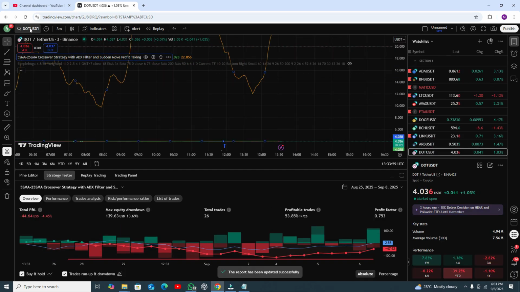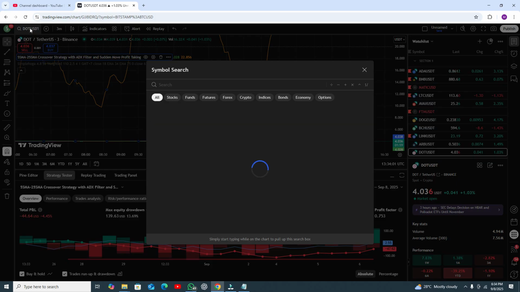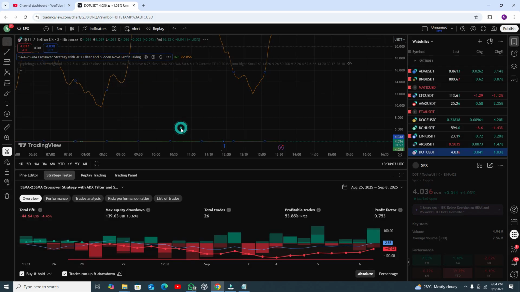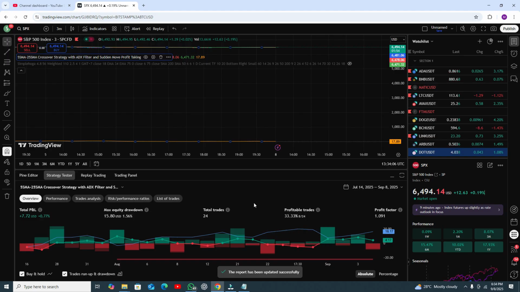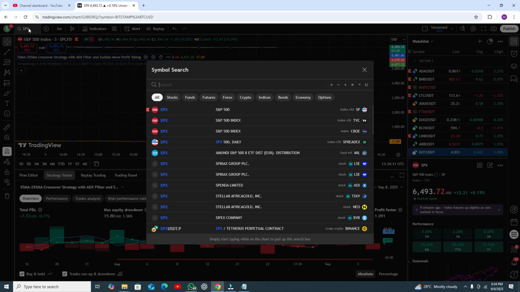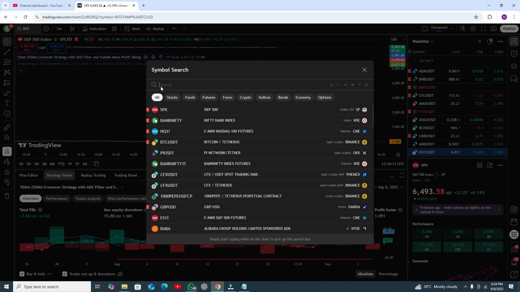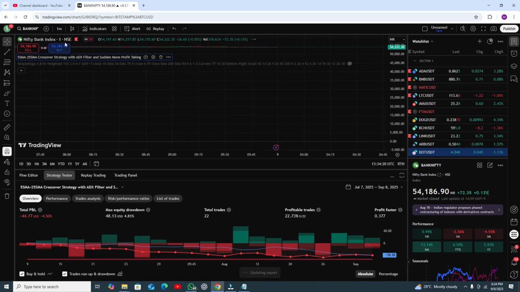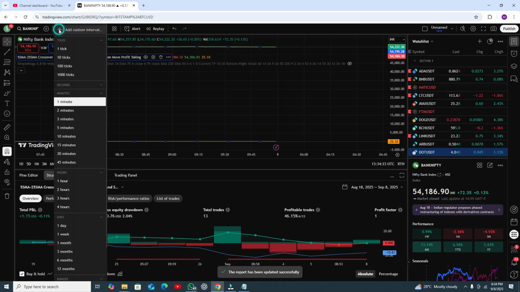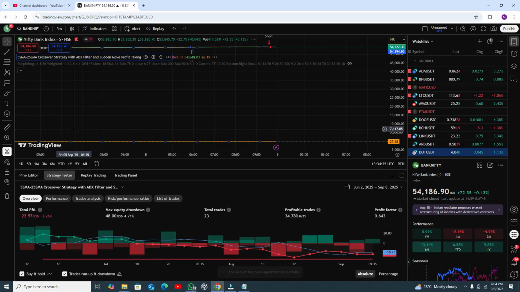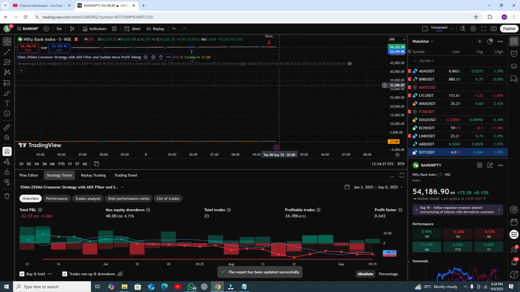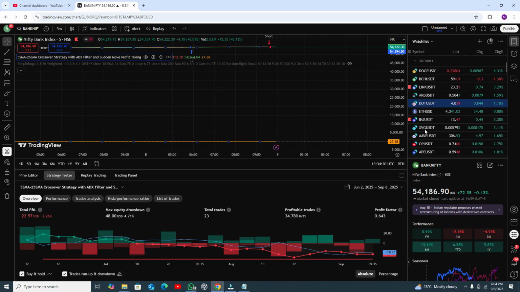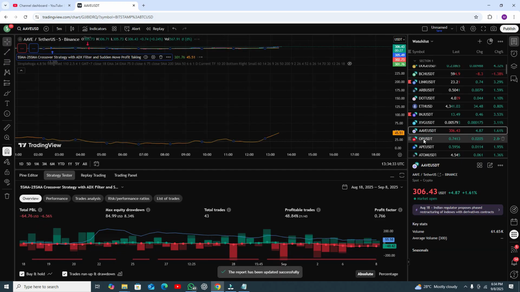And let me show you the results in the Indian market or some other pairs. SPX is giving you $33 profit, that's actually not bad, not great at all, and the accuracy is good. If you look at Bank Nifty, it's not giving you good profit here. If you see the results in the 1 minute time frame, that's fine, but not too good. So you can see the results actually. You need to find the pair in which you are getting good accuracy.